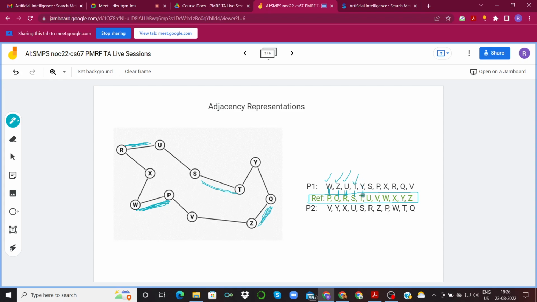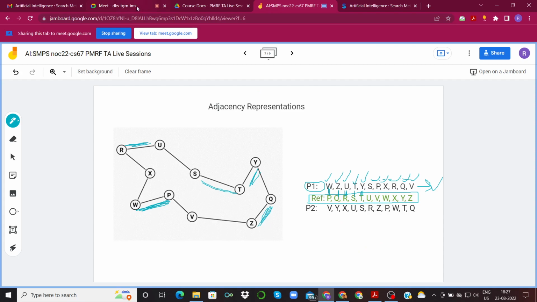Y and T, again adjacent, so this is fine. So on, you can proceed and verify for each of these pairs that for each of these alphabets in the reference sequence, we have an adjacent node in the option that is given to us. If all of these are correct, then this is a valid adjacency representation.